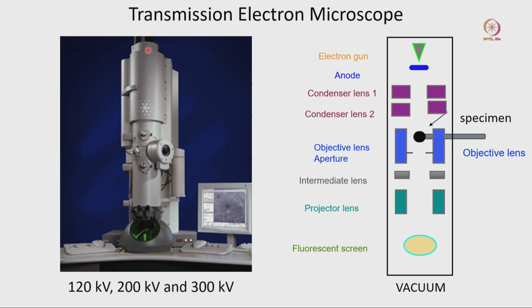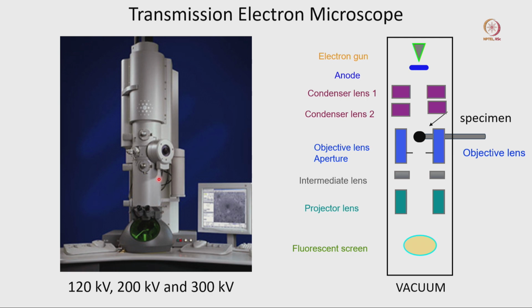When I was discussing the history of the transmission electron microscope, you saw a large cylindrical column kind of shape. Here also you can see a cylindrical column, a similar architecture, where we have the filament or electron gun at the top, and multiple other parts connected with this cylinder, where we have different kinds of lens systems, as I mentioned, condenser lens or objective lens. Now, we are coming to that particular diagram, we want to see inside.